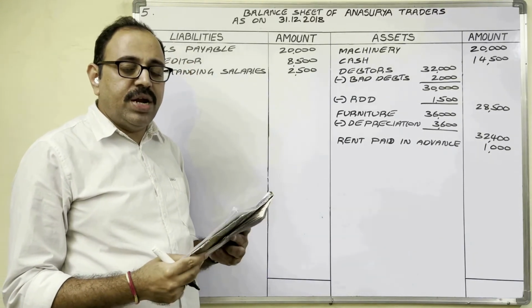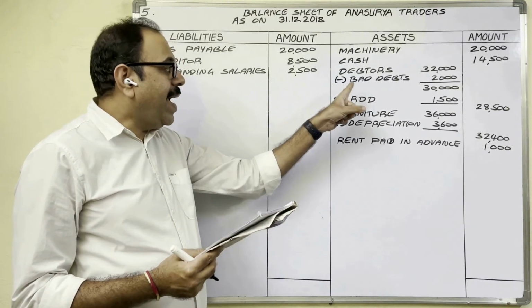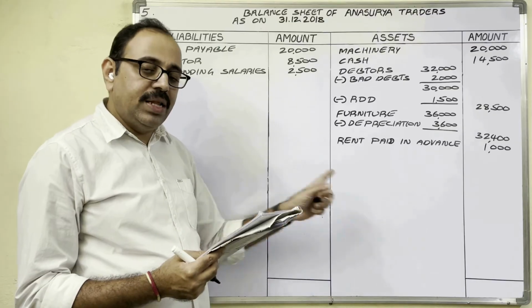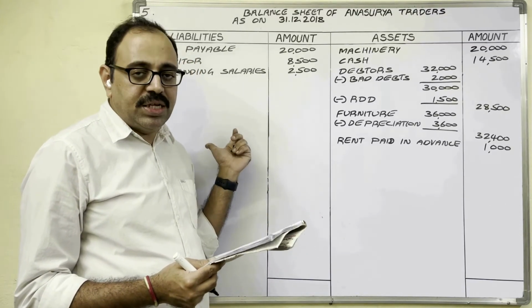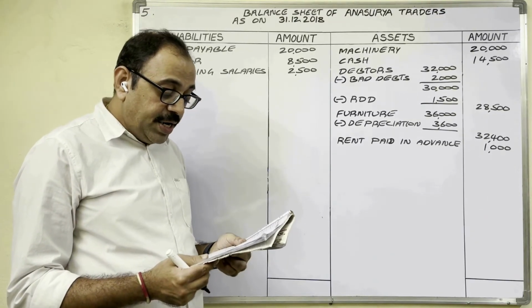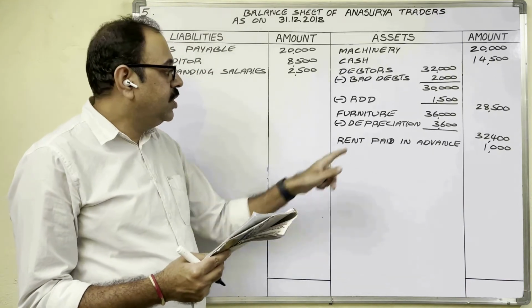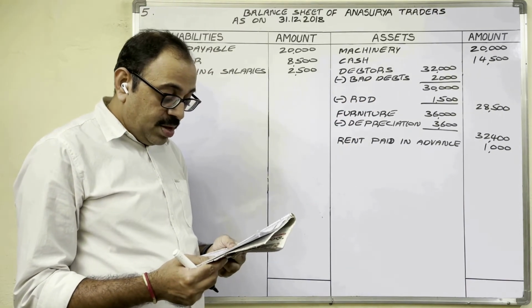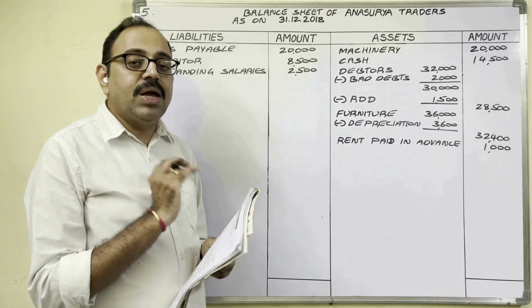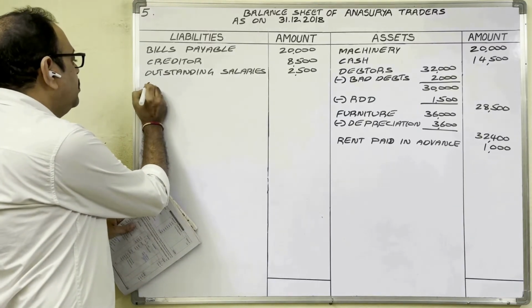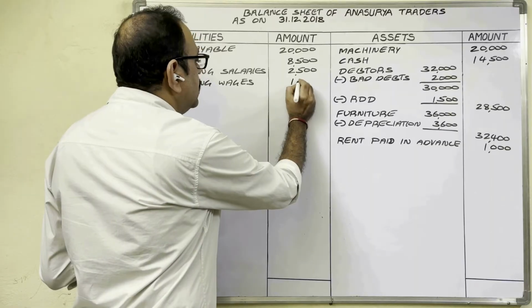Closing stock. One time we are taken in trading account on credit side. Second time in balance sheet under asset side we have to show. At the end we show that interest on capital. This is capital related adjustment. At the end, write off 2000 as bad debt and provide 5% reserve for doubtful debt. These two adjustments completed. Outstanding wages. We have to pay wage to labor. So this is a liability. Liability side. Outstanding wages. Amount 1000 rupees.